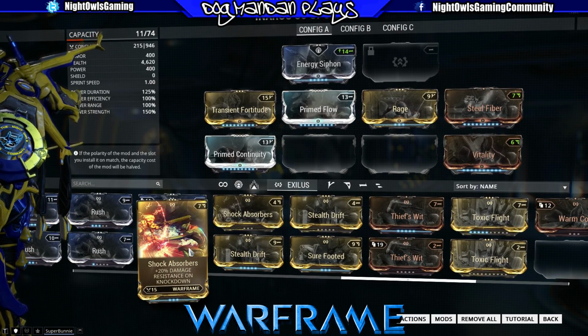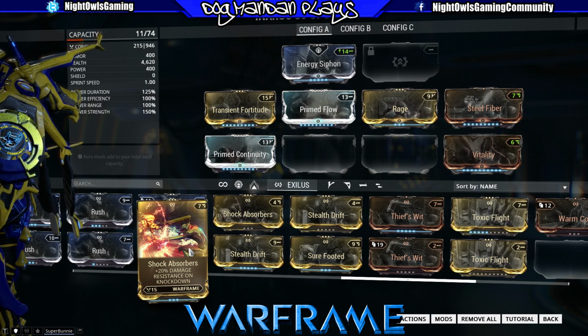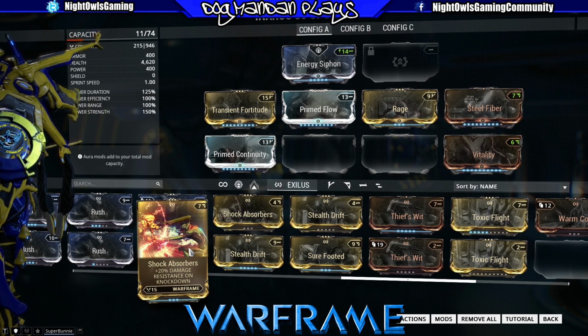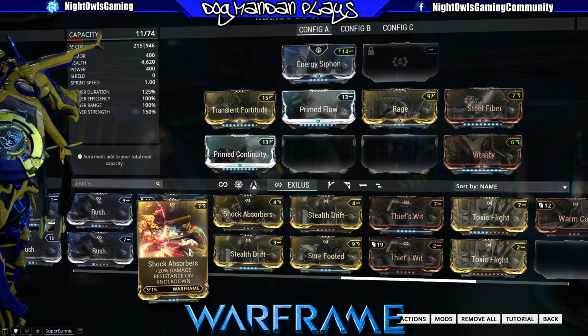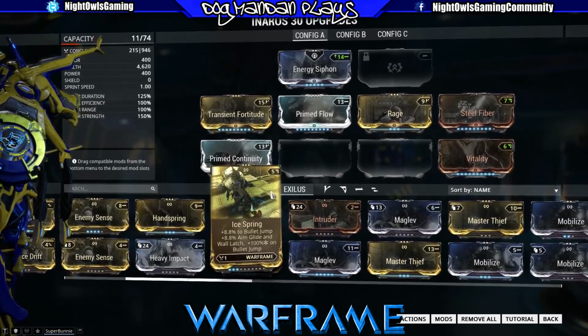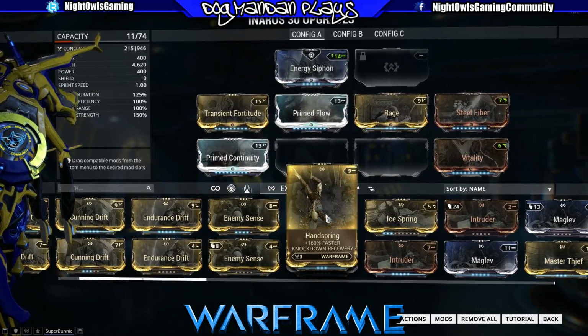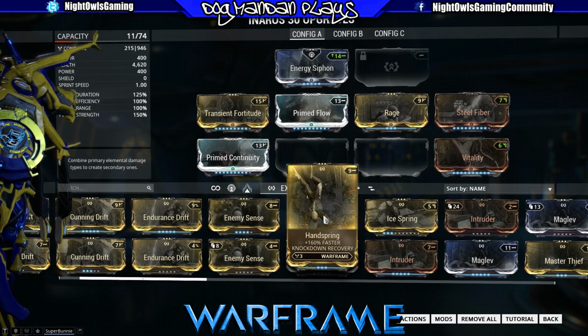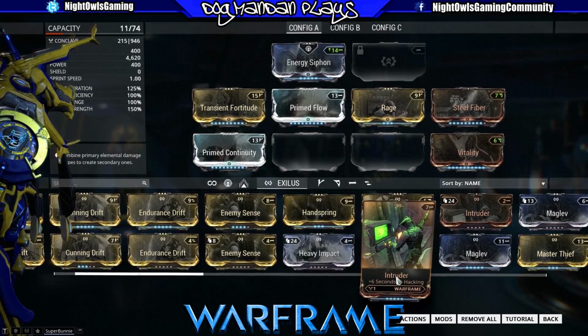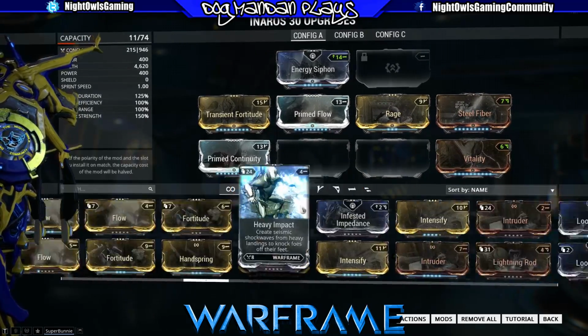Shock absorbers, straight up 20% damage resistance on knockdown. This is not bad either, but you have to change your slot. I'm sorry for that. Oh, forgive me. Handspring's probably the way to go here. Okay, just one option. Another option you could go with, depending upon what you want to do with these last